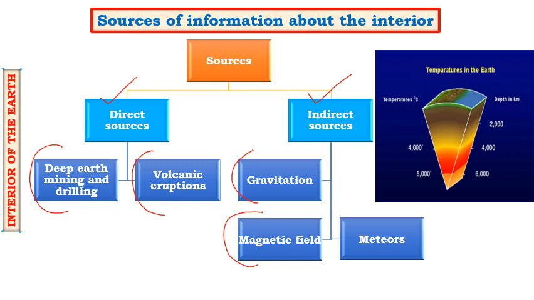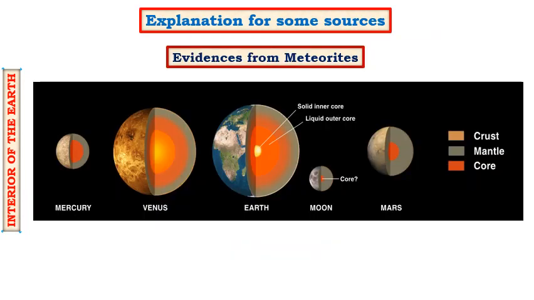So this is another clue which does provide us directly or indirectly information on how the interior of the earth might be like. Another thing is meteors, guys. Now remember, meteors are something which come from outer space, and during the Big Bang, when the Big Bang incident might have occurred, it's quite possible that those rock fragments could have been part of the interior of the Earth, or interior of different other continents, or planets for that matter, or stars for that matter. So they also provide us a vital clue to what exactly has caused or helped in the formation of the